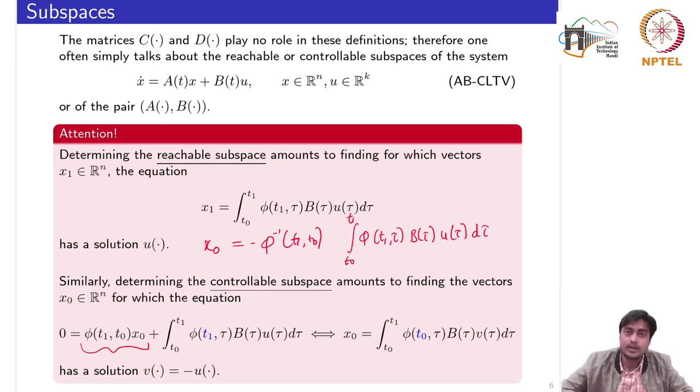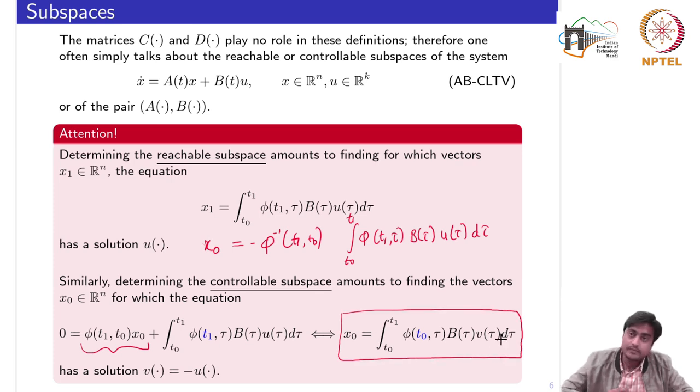Okay, so this equation I would obtain. Now since this integral is over tau, I can take this part inside the integral, and then using the property of the state transition matrix, I could replace the multiplication of these two state transition matrices by this, where the final time is being changed from t1 to t0, and we get this negative sign. This negative u, or minus of u, I have replaced by another signal v,